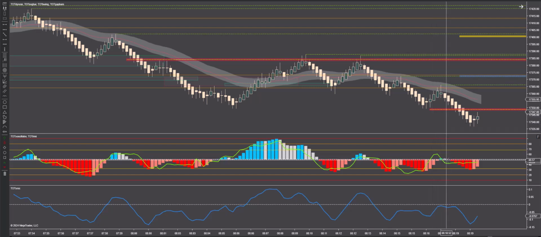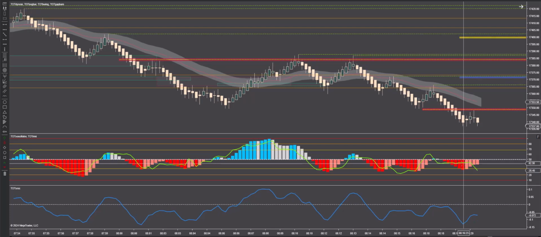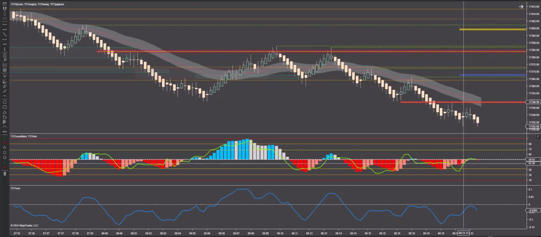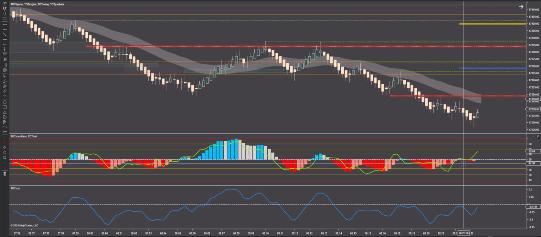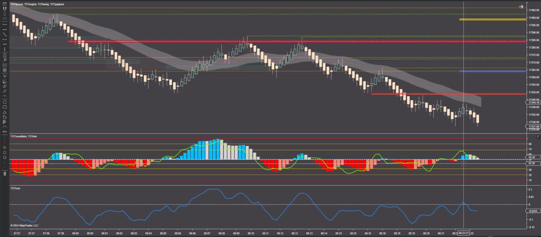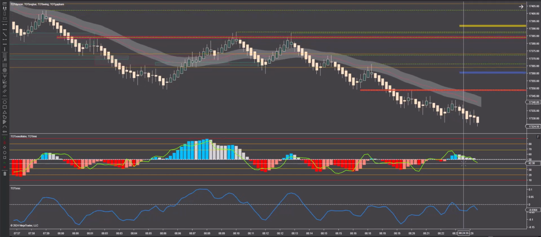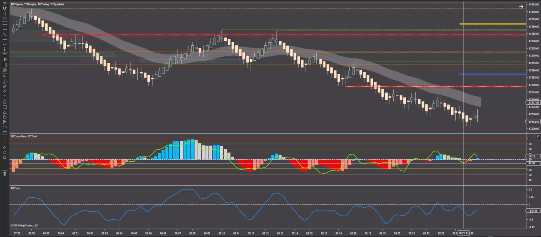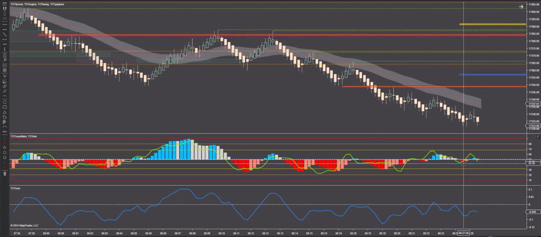You can see everything's flat again, so can you just keep selling here? I personally would not. We're back up. Back down. Again, nothing really. If you're in a trade and trying to hold, maybe, but